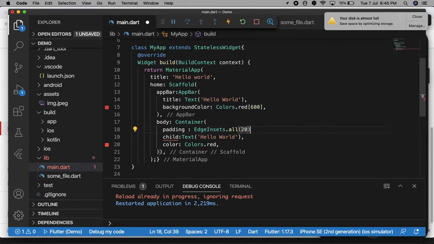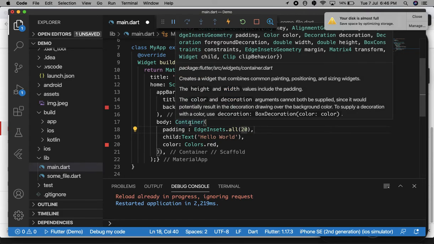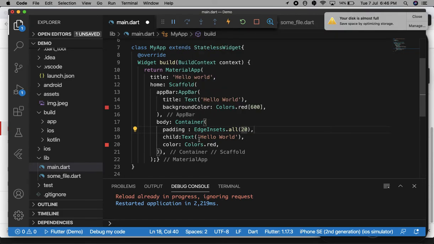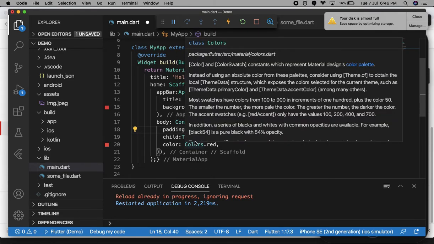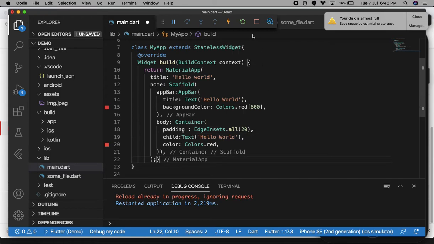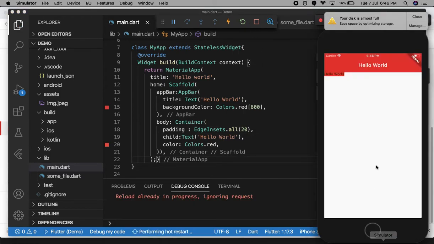This means this padding is for this container, so this child widget will take space around it, around its corner, because this padding is for the container widget, not for the text widget. You will see the difference. See, this container is taking space inside it.